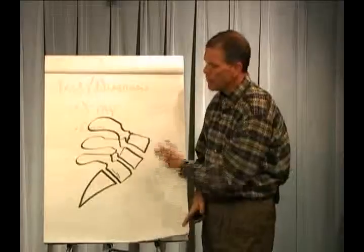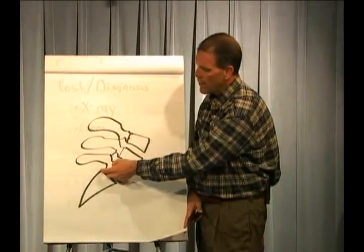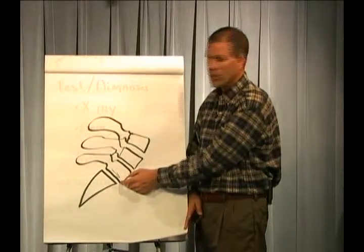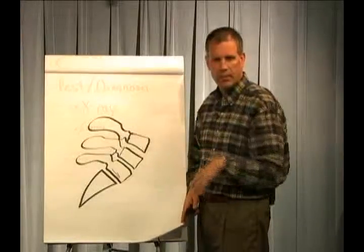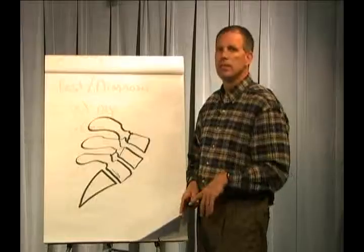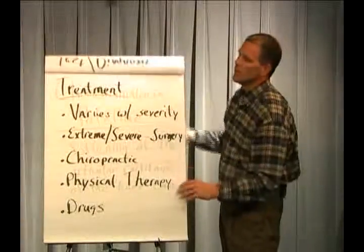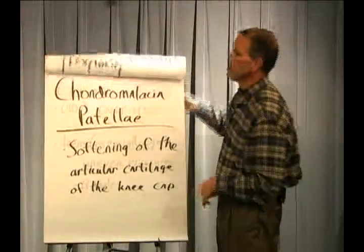The other scenario would be a dramatic trauma. You would have it actually just riding up and over and not actually breaking any bones whatsoever. And that situation becomes very stressful from a pain standpoint because the soft tissue is so overexerted in that type of scenario. The other thing we'd like to talk about today is chondromalacia patella, and chondromalacia